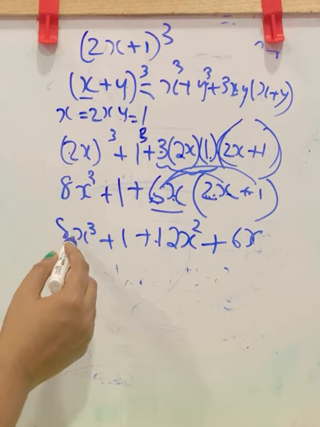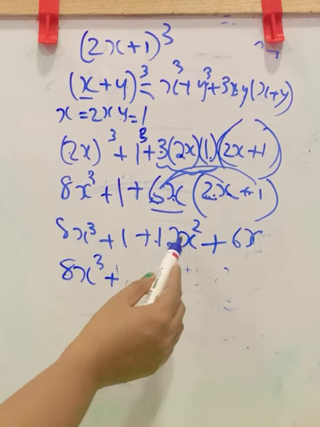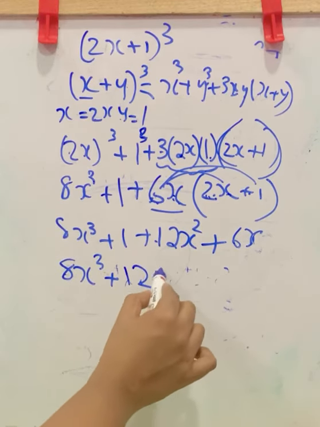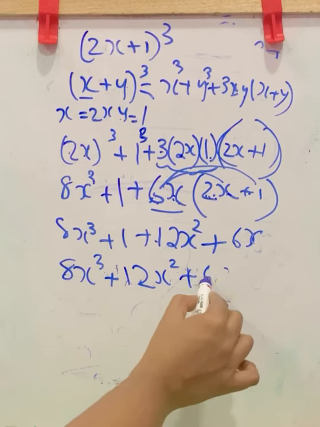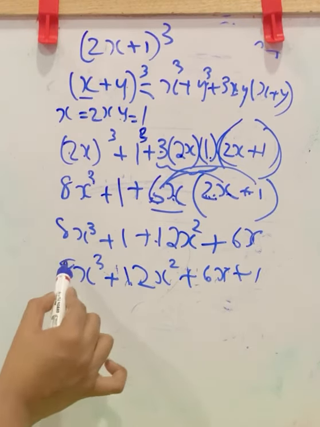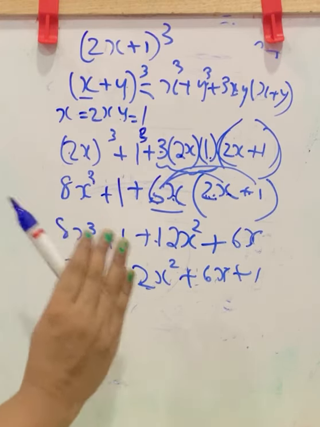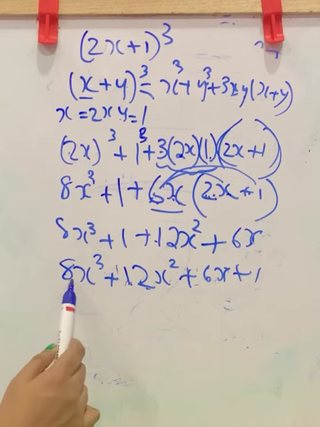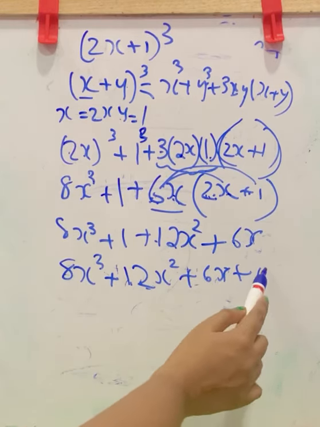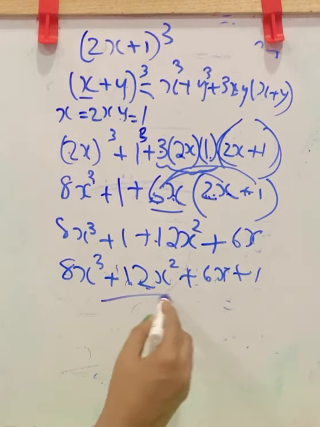Here we have one x cube term that we will write first, 8x cube plus, in the decreasing order of powers, next comes x square term, next x term, then constant. You can't add all these because all the variables are different. You can only add if it is in between same variable parts. Here this is x cube, this is x square, this is x and this is constant. Constant means there is x raised to 0. So you can't add each terms. This is the final answer.